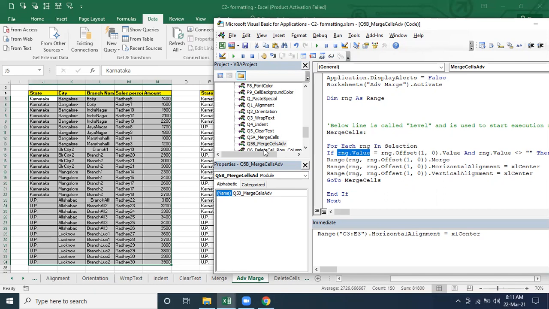What is the range as of now, initially at the very beginning? J5. What value is there? Karnataka. Range dot value, J5 dot value, what value is there as of now? Karnataka, correct.